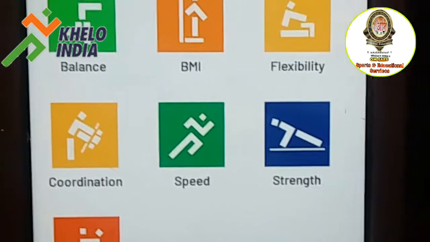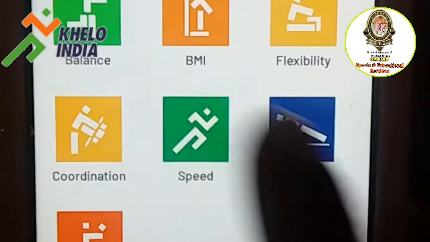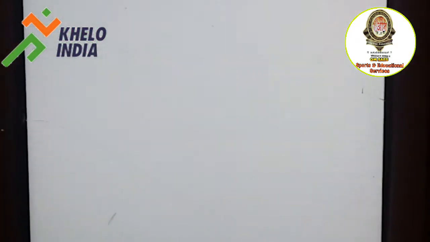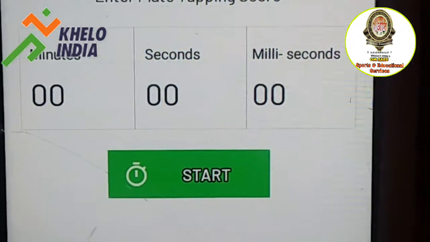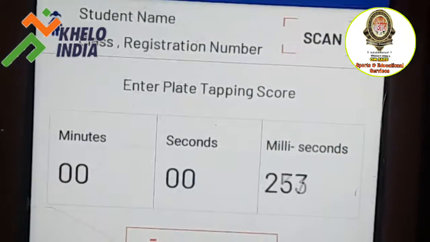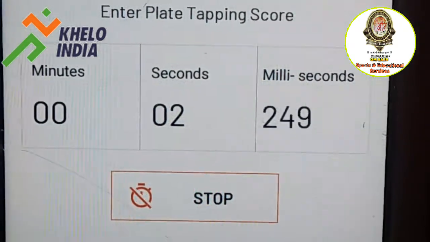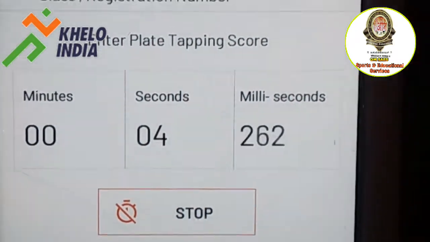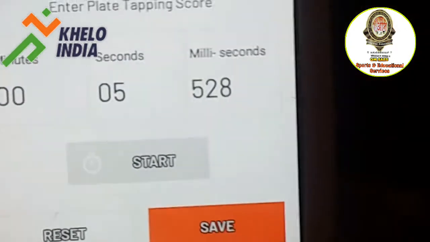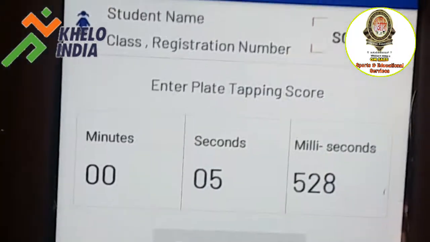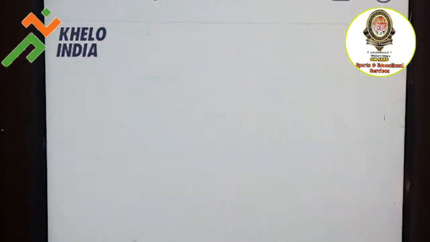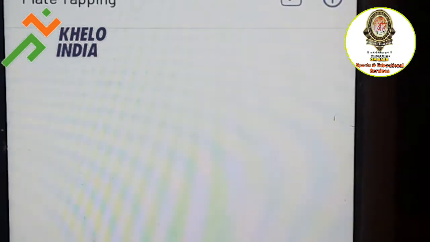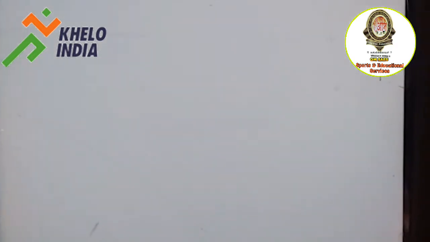Again another test is there, the coordination test. In coordination there is a plate tapping test. It is for the first to third grade students, not for the higher students, third onwards. And plate tapping is also counted, doing like this. Now next,